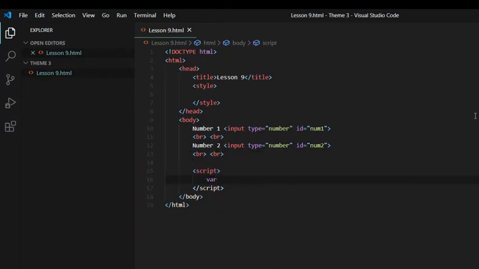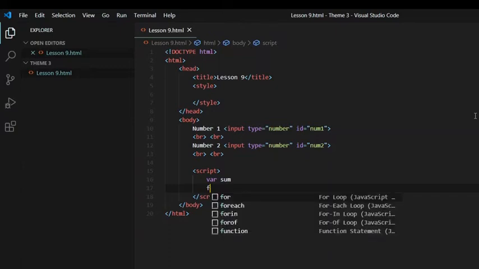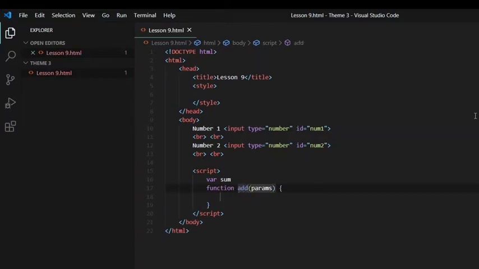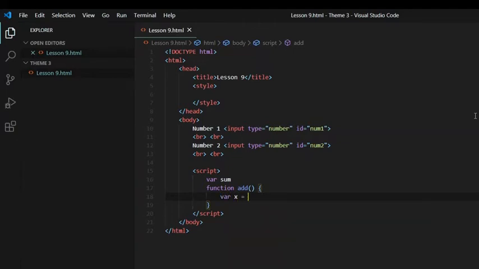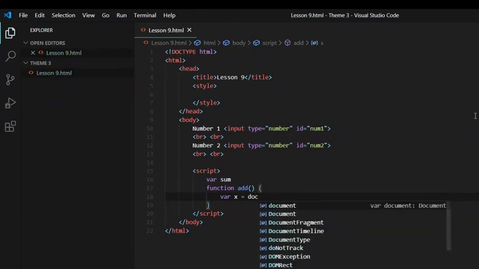Now inside a script tag, let's declare a variable sum so that later in our code we can use this variable to store the sum of the two numbers entered by the users in the input field, followed by a function, and we are going to name our function add. Inside the function, we are going to declare another variable x to access the first input given by the user by using our